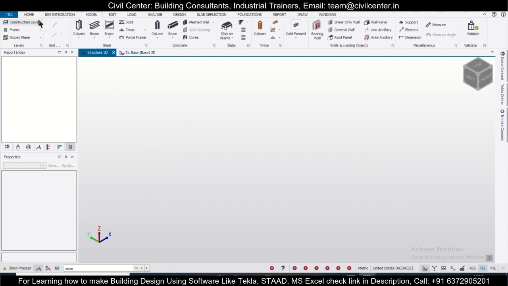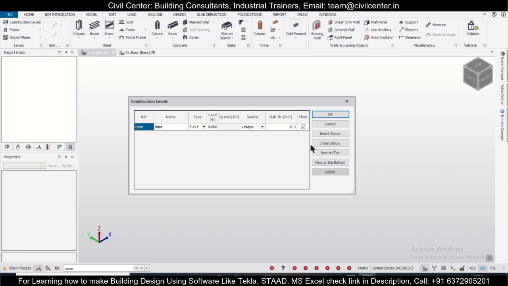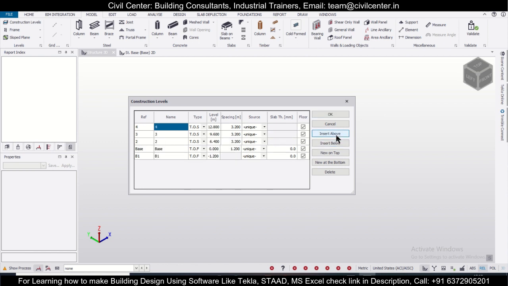So after that you can go to models and then construction levels, and then you can insert a level below for the foundation level. Let's give minus 1.2 meters, and above it you can insert a level. Just name this as TOS, top of steel, and after doing that you can change the spacing of that level. Let's make it 3.2 meters, and we'll go G plus, as you can see here, G plus 1, G plus 2, G plus 3.